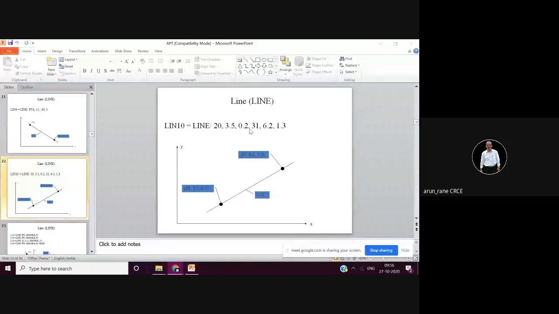So by mistake, suppose you wrote 3.5 here and 20 here. So in your mind X is 20, but if you just exchange, X will become 3.5 and Y will be 20. So this point will no longer be here, but it will be somewhere here. I mean here, as X 3.5 and Y 20. So instead of here, this point will be here, and you will be surprised: I'm expecting this line, but this line has come, because if you swap this, X will be 3.5 and Y will be 20. So the point will be somewhere here.